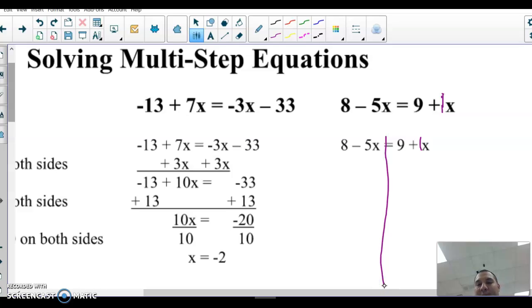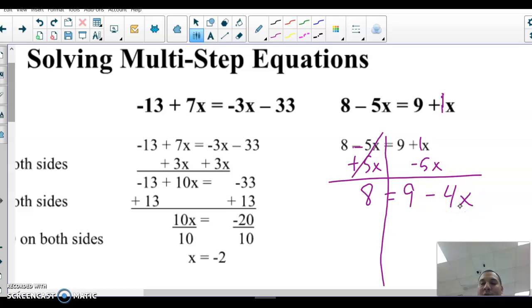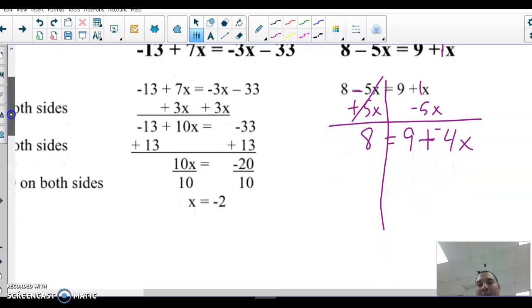Again, I'm going to try to keep my x's positive. So this minus 5x, I'm going to add to both sides. Opposite of subtracting is to add, so that's going to cancel. 0x or just 0. 8 plus 0 is 8. Identity of addition is 0. 1 minus 5 is a minus 4x or negative 4x. Either way works. All right, I have my x's, my variables to the right, so I'm going to send my